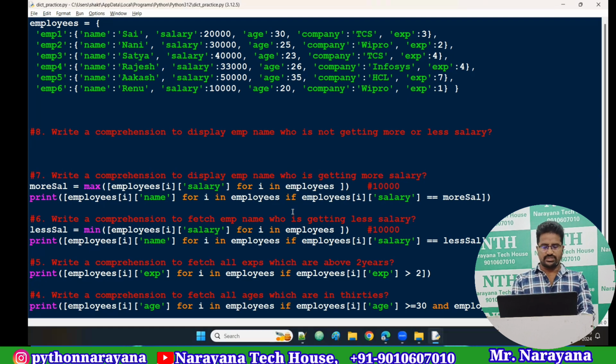Okay, so first I take for i in employees, if employees of i, of salary, if salary, okay, I'm taking it into one list, guys. I think here if is not required. Why is if not required?